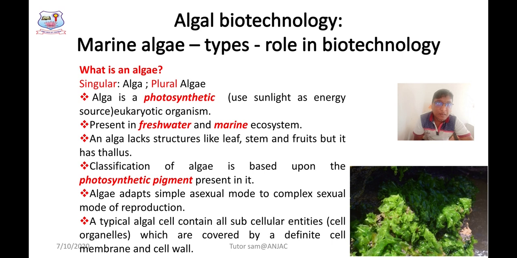So when study about the algae in detail, we should know some basic things, right? It is a photosynthetic organism, which means they are similar to plants. So plants synthesize their energy from the sunlight. Similarly, algae is also able to synthesize their energy from the sunlight. The process of photosynthesis can be defined as conversion of radiant energy into chemical energy. A very important concept, conversion of radiant energy into chemical energy, right? Let's move into the second slide.